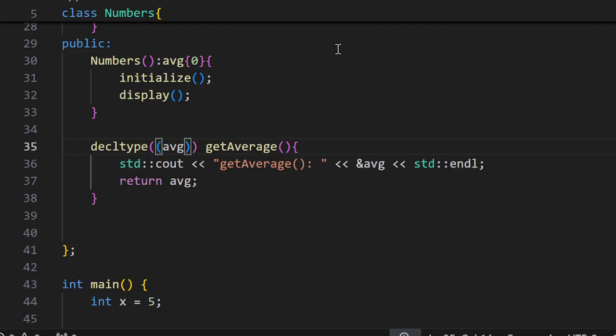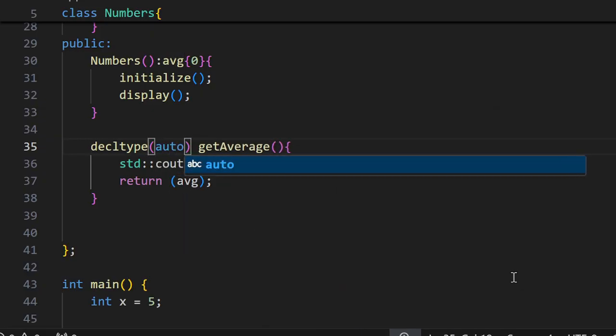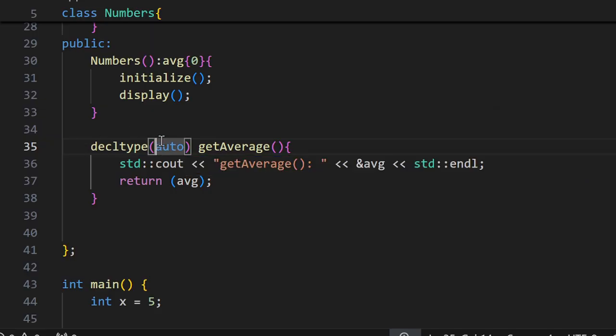So if, upon returning this reference expression, I want that reference to be returned, then I can use this syntax. It is a decltype with auto inside,